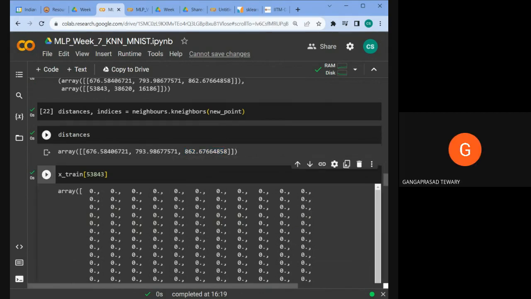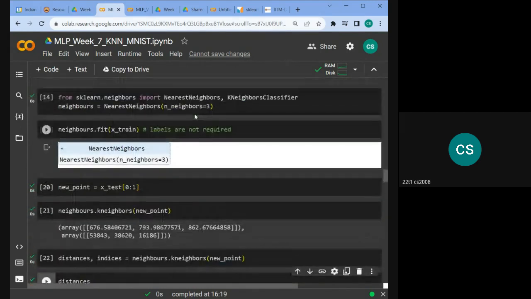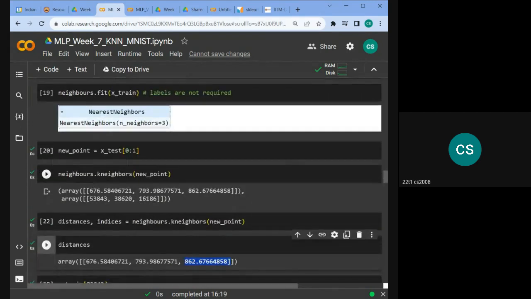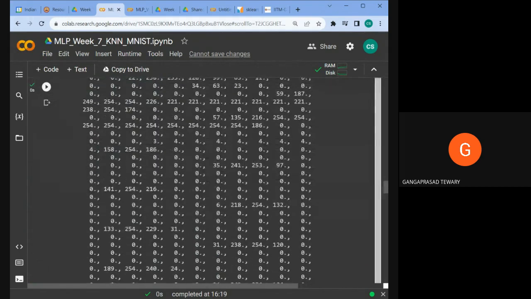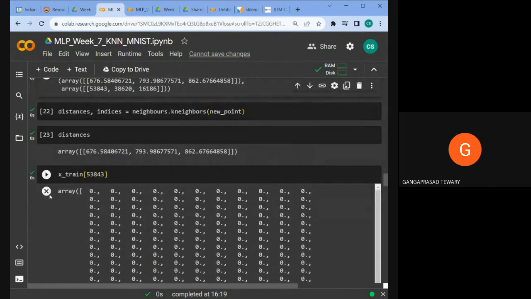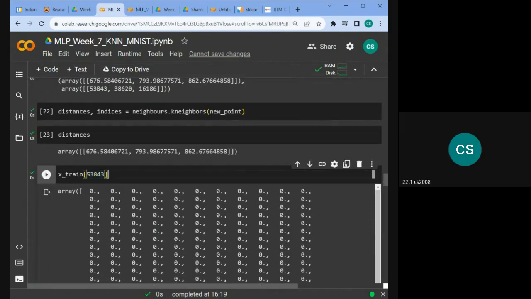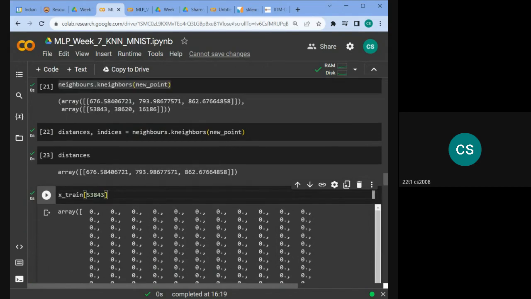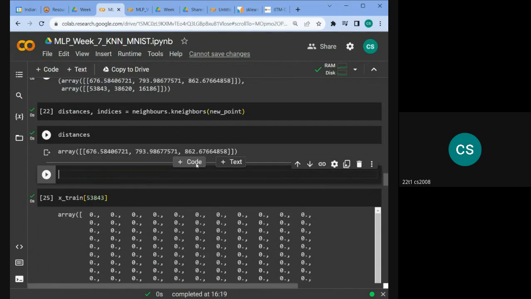So many features are there? Not that many. So this neighbor is there, right? Inside the neighbor, you have to write k neighbor. That's all. Inside that, you will get these two things: indices and distances. I'm just saying the 0.53843, that index number. This is the point, no? The data set is of size 60, above 60 or something like that, right? The shape of X train is